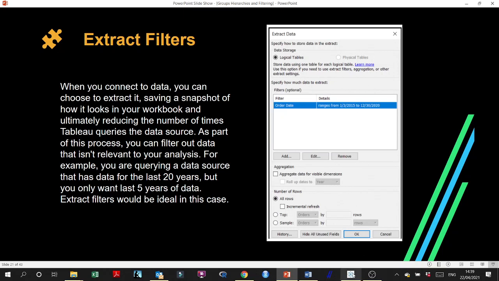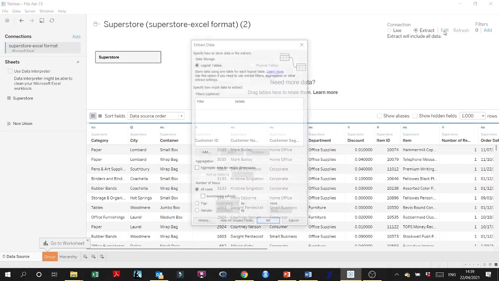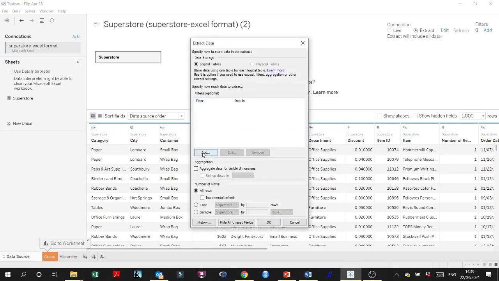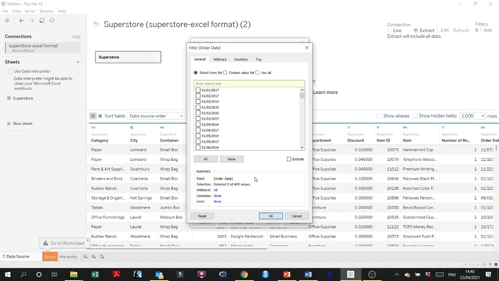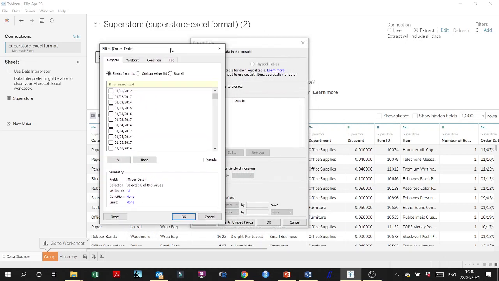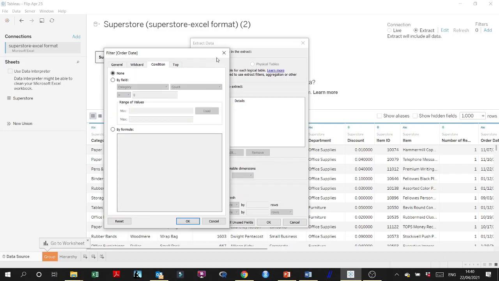Right at the source, at the very beginning of working with Tableau, you can choose extract, edit, and then add a filter on a date, for example. I don't want to add a filter now, because of time limitation only. But here's order date, for example, and then you can select based on it. It is quite intriguing here that it gives you the filter as if it is